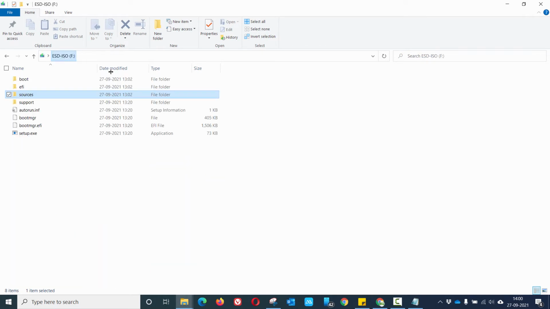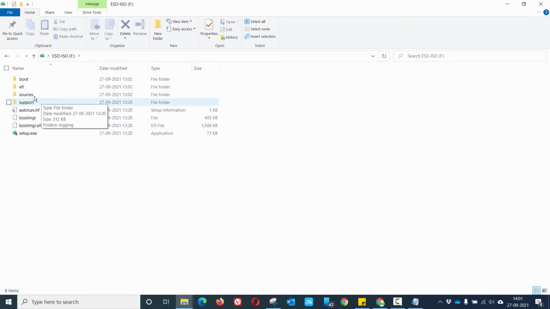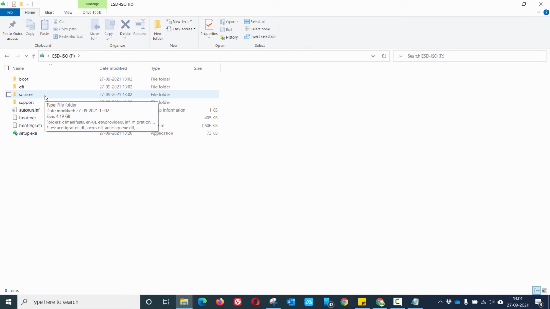Remember, if you have both the versions x86 and 64, you may have to copy this code to the target folder, like x86 then sources or 64 then sources. In my case, we have already created the media for 64-bit only, so I am going to save this directly under sources. There is no separate 64 or x86 folder available in this installation media.